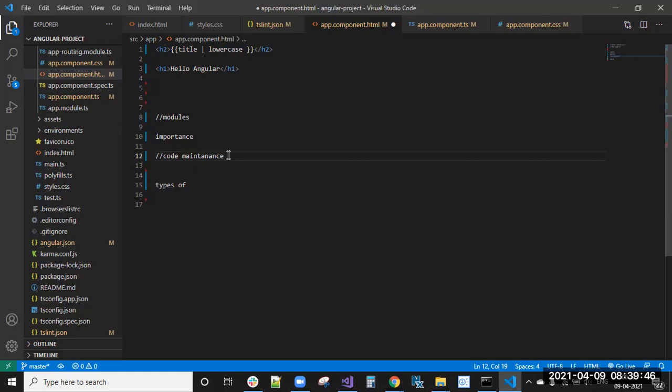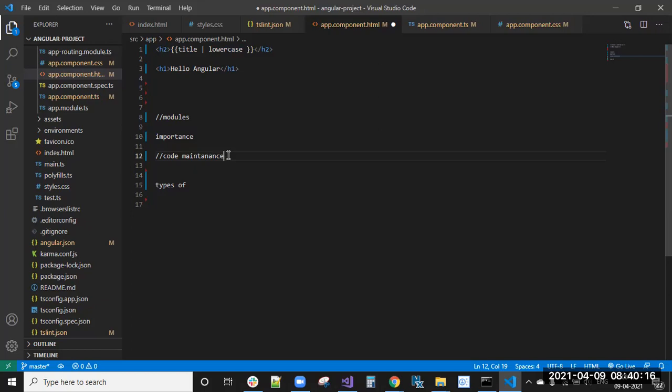Suppose you take a home page like any other website. First we have the header, footer, sidebar and main component. These are four parts. If you divide each part as a module, and include all those modules in one app module, designing that website or application will be very easy.